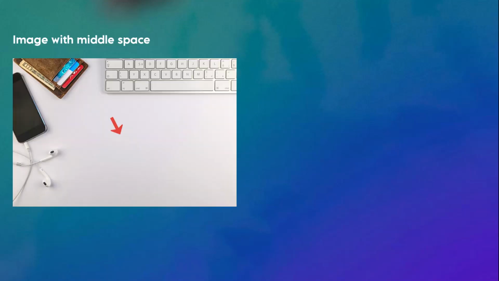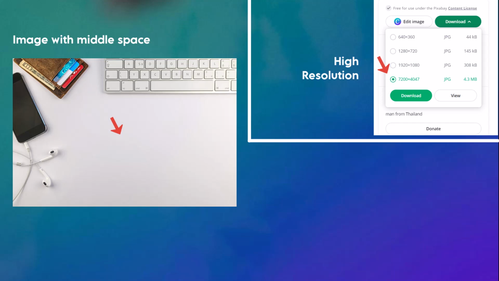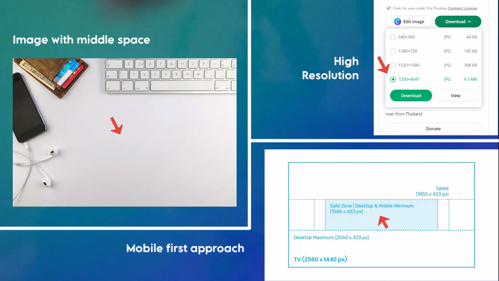So in summary, for your design, pick an image with sufficient space in the middle. Ensure you download it at a high resolution, follow the mobile first approach,